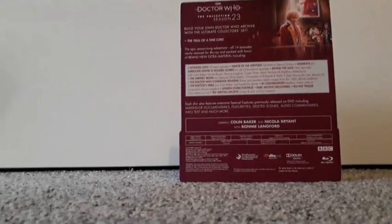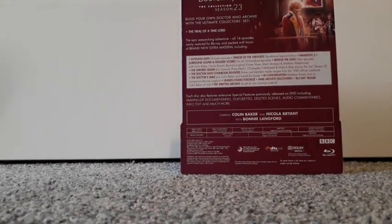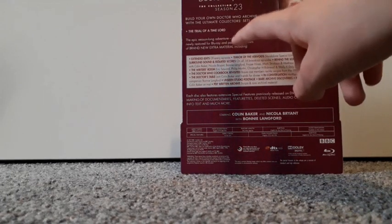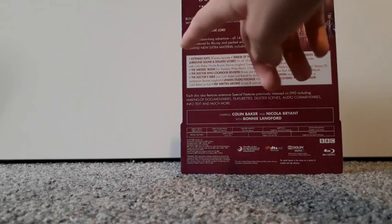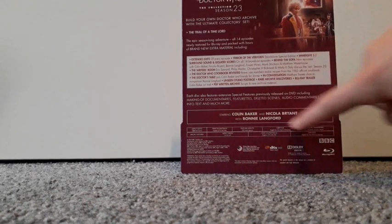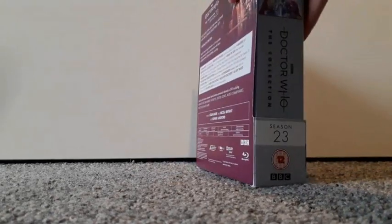it says the season, and it has the illustration that's on the booklet. Build your own Doctor Who archive with the Ultimate Collector set. It tells you the episodes in the season. Obviously, as Trial of the Time Lord is a season-long adventure, it just says Trial of the Time Lord. It tells you general facts about the season, all the special features. It tells you that all the DVD features are on there too, who stars in it, and then the general Blu-ray information. So then, if we